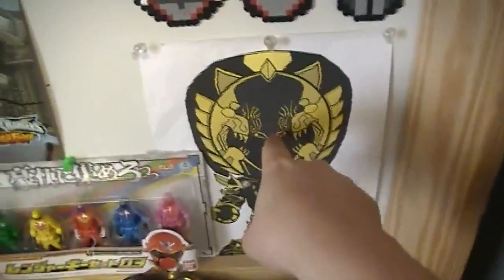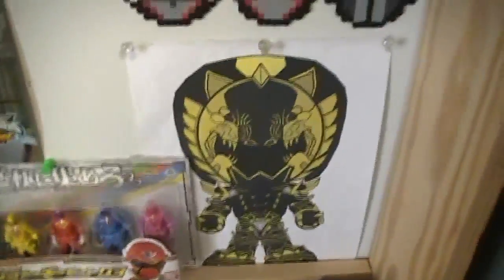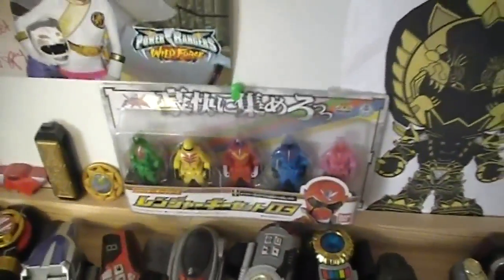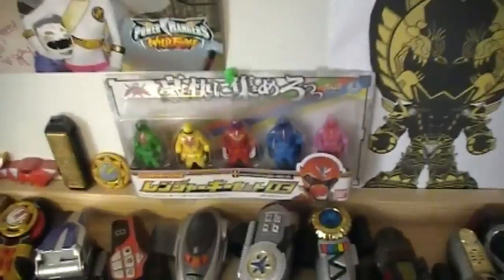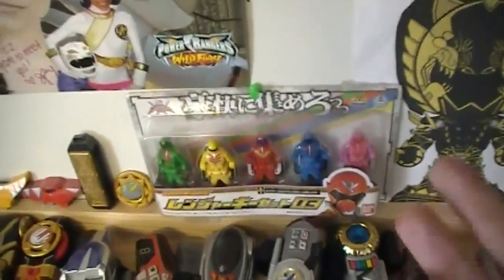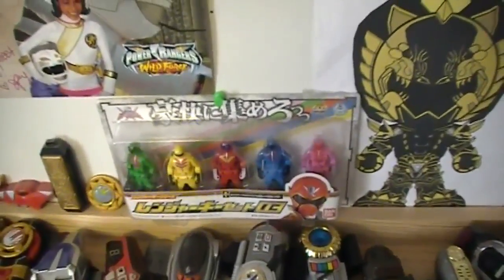Thank you, Voice Against Propaganda, for spending so much money on that thing. It's just, wow. Other than that, we got some stuff over here. Drawing of Darth Lion, aka Rio from Geki Ranger, from Zeltrax Millennium. He gave that to me in person at Morphicon. Very nice of him. Another Morphicon steal was the Gokaiger Ranger keys. I'll get to those other ones in a minute, but yeah, those were my only real other box set that I got of these. I do have another one, but